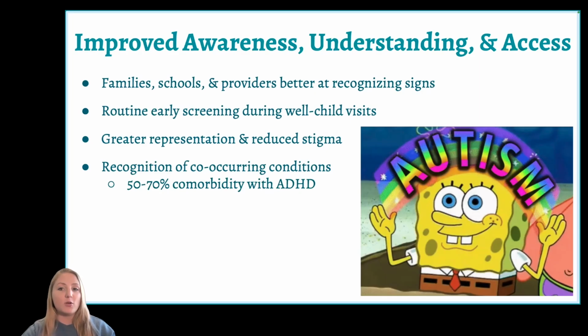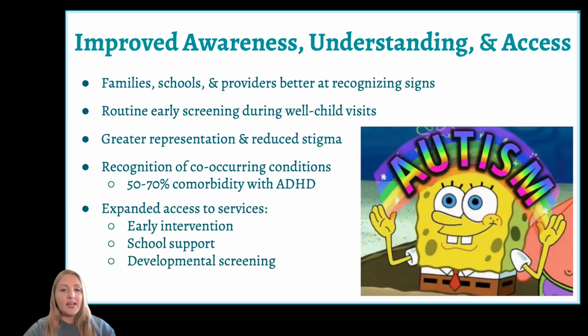That change alone opened the door for more accurate diagnoses because, as it turns out, it's not only possible for autism and ADHD to co-occur, it's actually incredibly common, with up to 70% of autistic people also having ADHD, myself included. Additionally, in the past couple decades, access to various services has greatly expanded, though there's still definitely room for improvement. These expansions include early intervention programs, school-based support groups, and developmental screenings. These systems are catching kids earlier, making sure they're not falling through the cracks, and helping more families get connected to care. Altogether, these changes have made it much more likely that people across the spectrum are recognized and diagnosed when compared to previous generations.